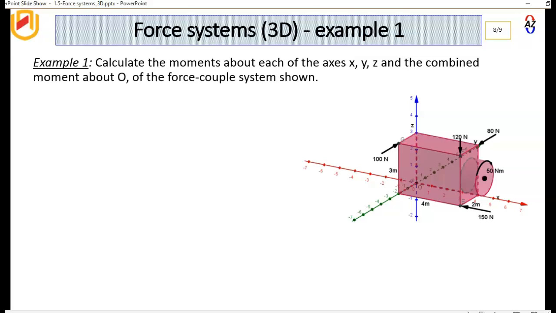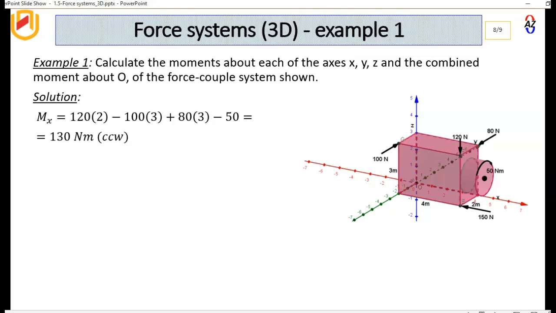Calculate the moment about each of the axes X, Y, and Z, and the combined moment about all of the force couple system that we see right now. So Mx, the moment about this X, we see that this is parallel, so there's no moment. The moment will be as a result of the 120, the 80, and the 100, and also this 50 here. If we take counterclockwise as positive, 120 times these two here, minus this 100 times 3, plus 80 times 3, minus this 50 here,